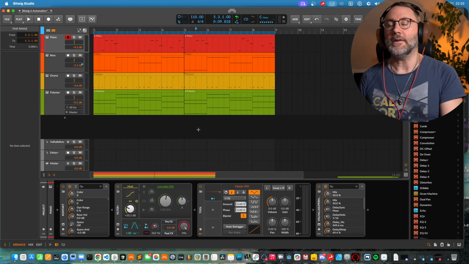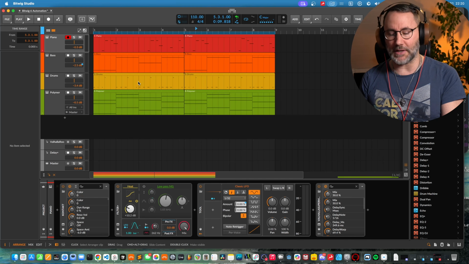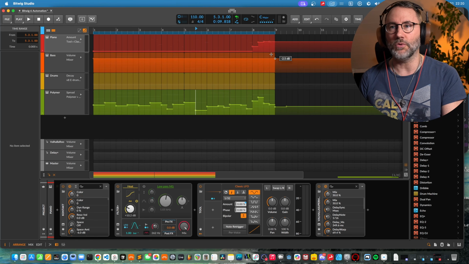As you probably know, there's tons of new tools for handling automation in Bitwig 6, and in this video I'm gonna give you some hands-on experience on how to use many of these new features. Let's take the tour. Right, so first out we can press the A key to open up all the automation